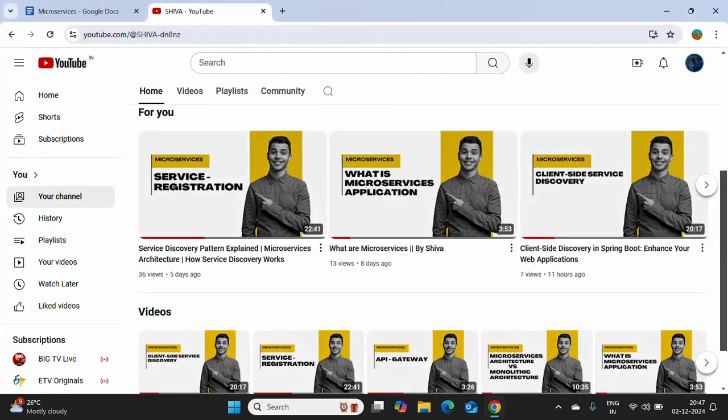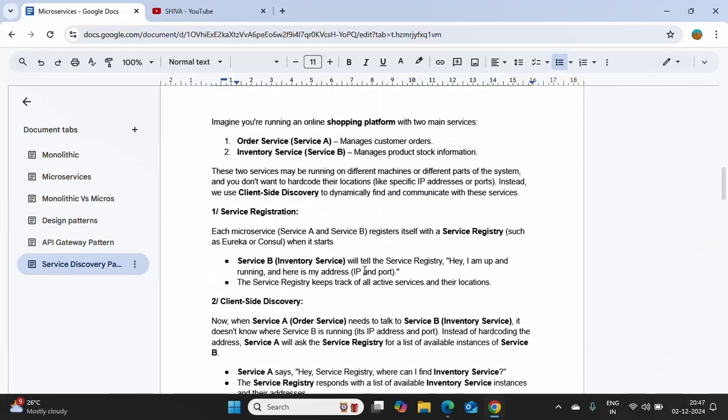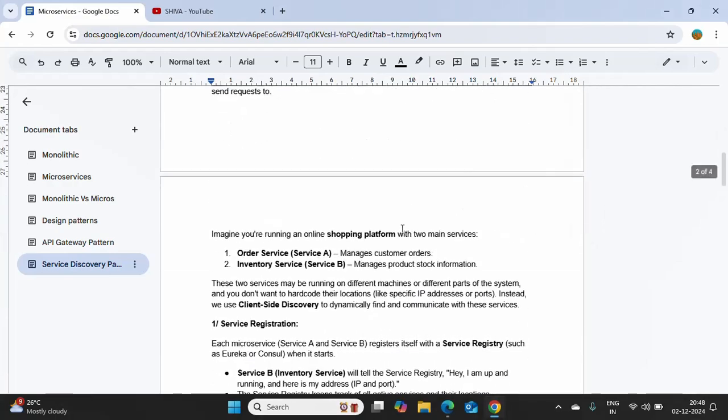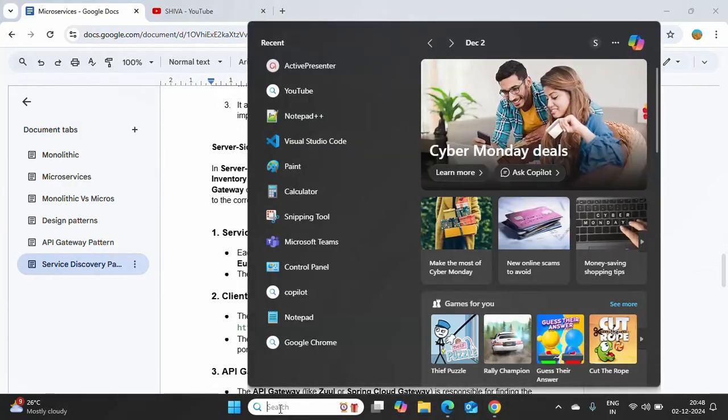In this video, we are going to discuss the server-side service discovery pattern. In the previous video, we discussed the client-side service discovery pattern, so we understand how it is working. In this video, we are going to cover the server-side discovery pattern. Okay. So once you go with the server-side discovery pattern,